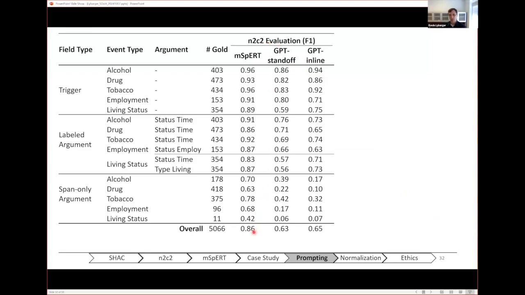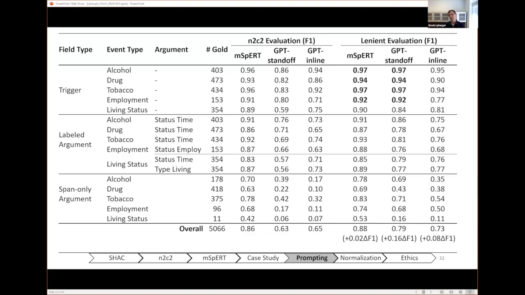And we can see that our trained BERT model or SPERT model, MSPERT model, does much better than the GPT model, despite being many orders of magnitude smaller. And so one of the things that we tried is applying these more lenient evaluation criteria, just to try to understand what was going on. And when in this